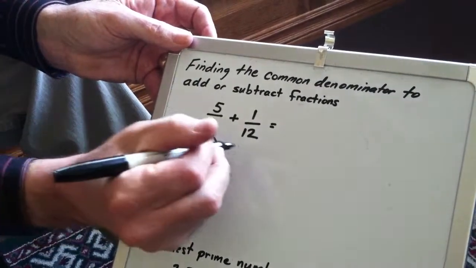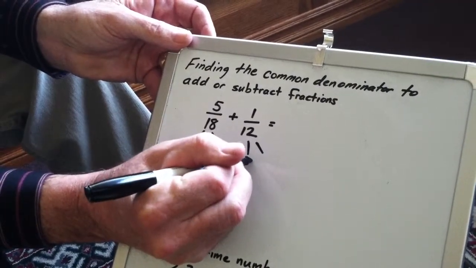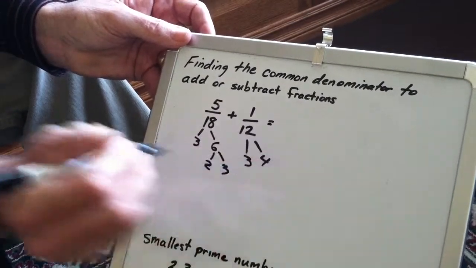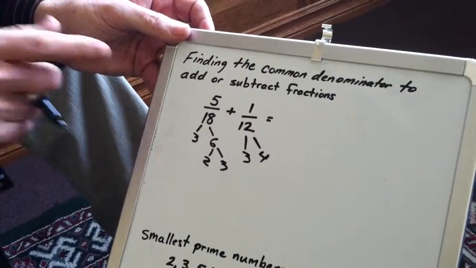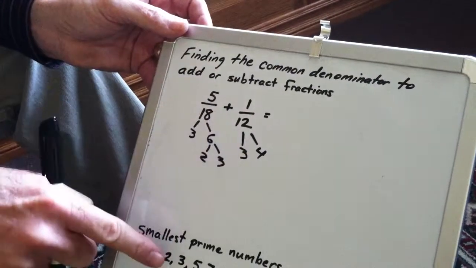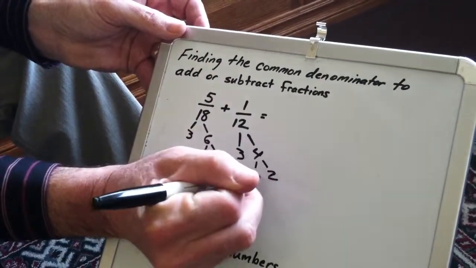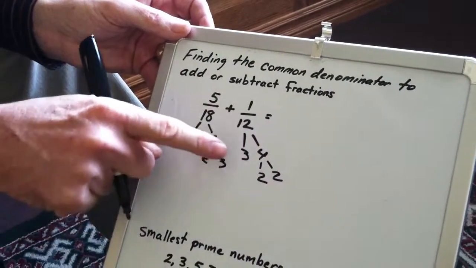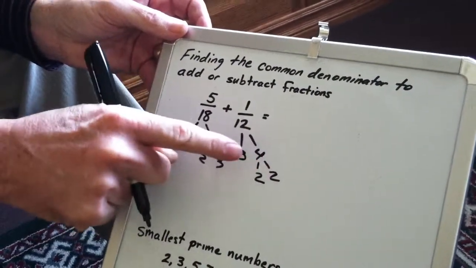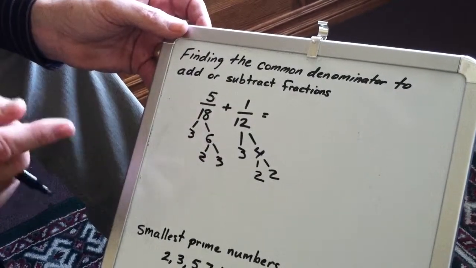Now we have to look at 12 likewise. Let's do 12 as 3 times 4. Now you could have done 2 times 6 and it will still work out the same. Now 3 is prime, but 4 is not. It's made up of 2 times 2. Okay, all these numbers are prime, so now we can use a little trick